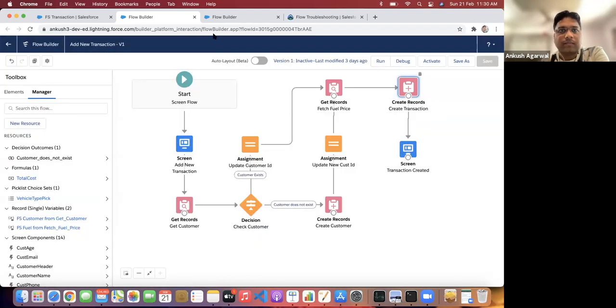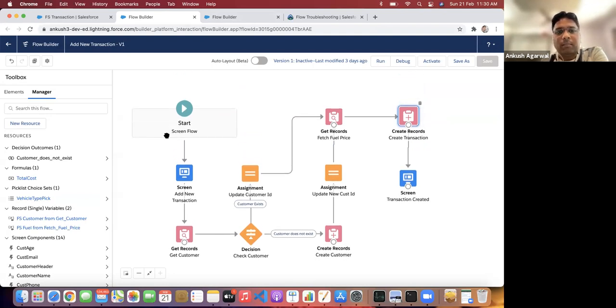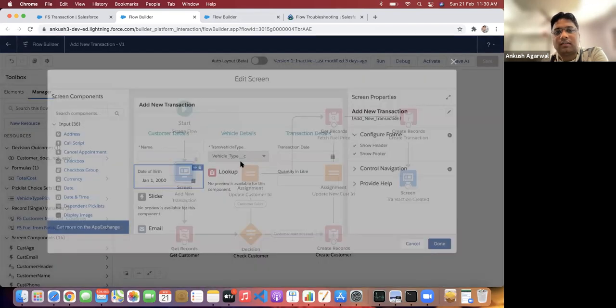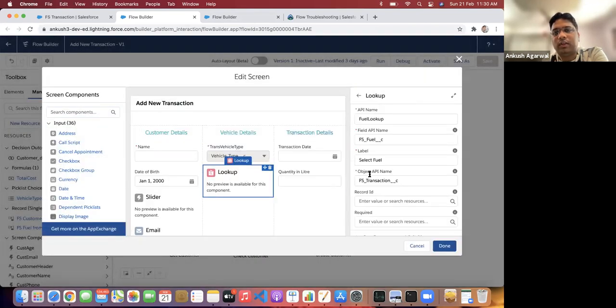Okay, so this is all about the last session, where we requested to work on this particular screen. There were two important things. First one is about this lookup, where you need to provide object API and field API.